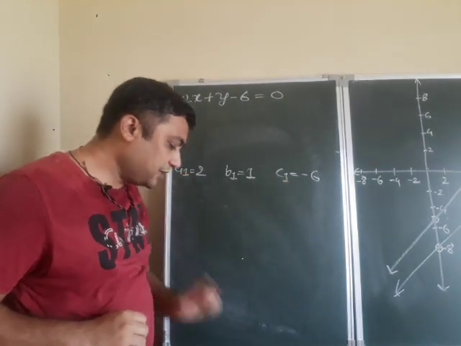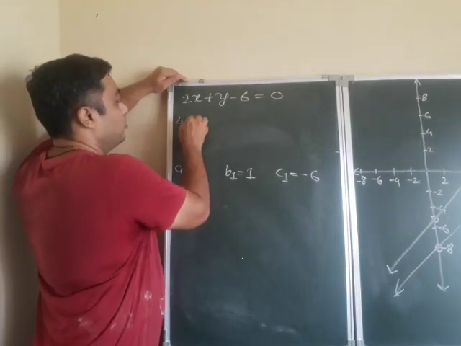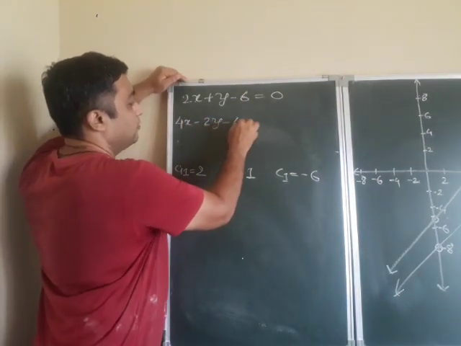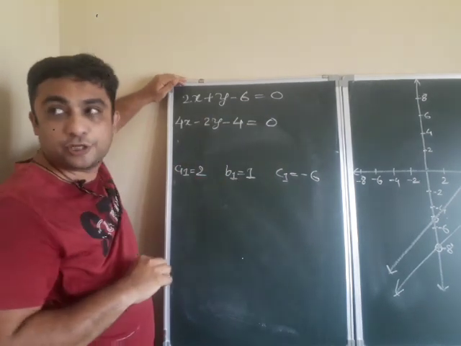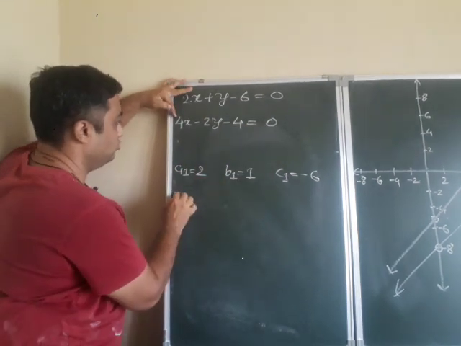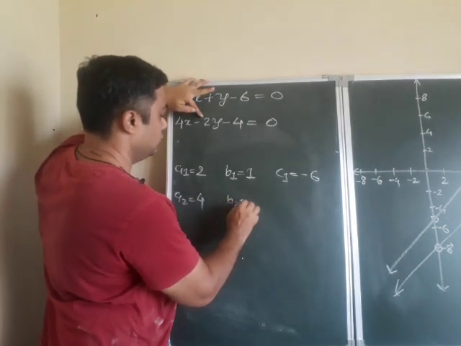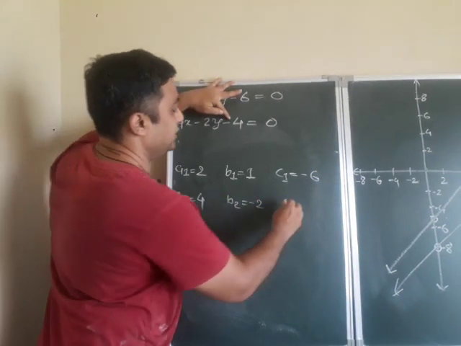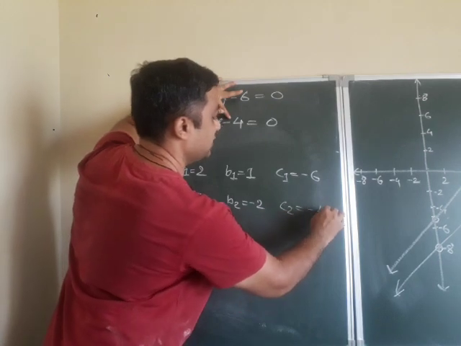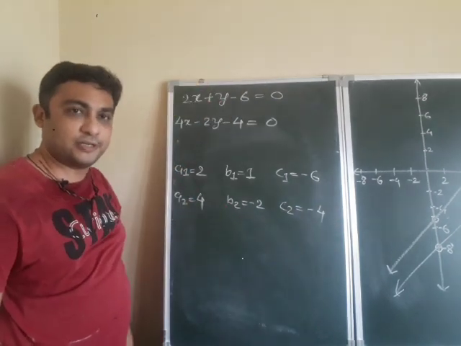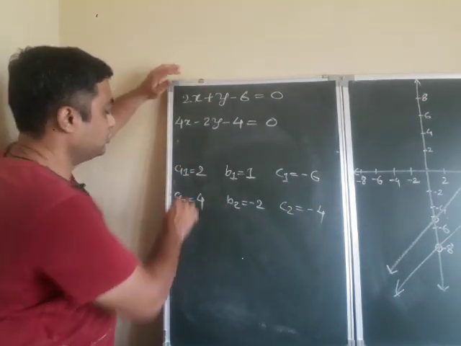Second line, 4x minus 2y minus 4 is equal to 0, right? So A2 is equal to 4, B2 is equal to minus 2 and C2 is equal to minus 4. Okay, ready? Now see A1 by